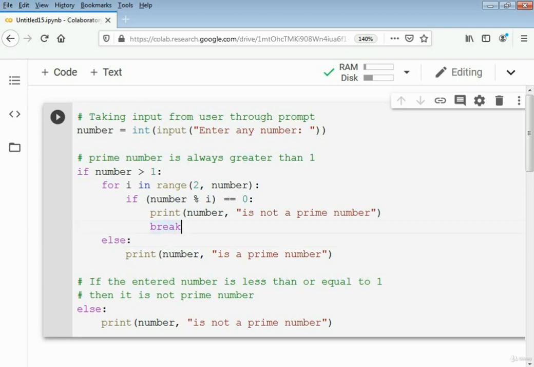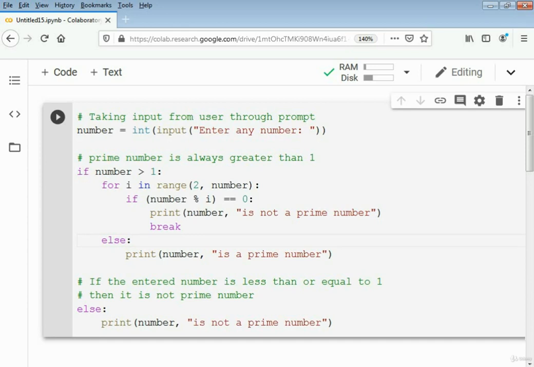So you see that we have used break statement here. So what is the purpose of this statement? We have used it in a loop to come out of the loop as soon as any positive divisor is found, as there is no further check required. So the other condition is that this else print number is a prime number.